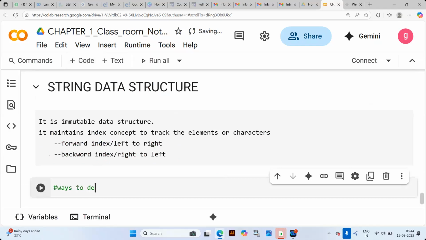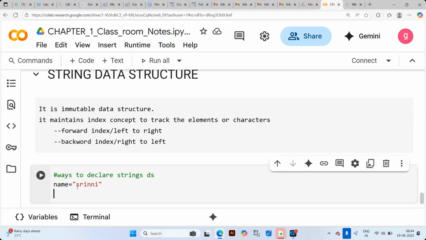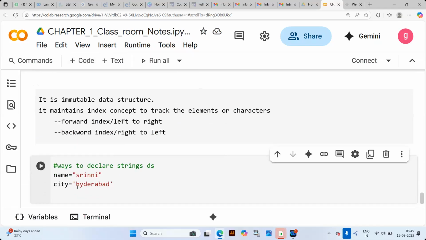Ways to declare the string data structure. For the name of the person, Srini, city within single quotation, Hyderabad, and address, KPHP.